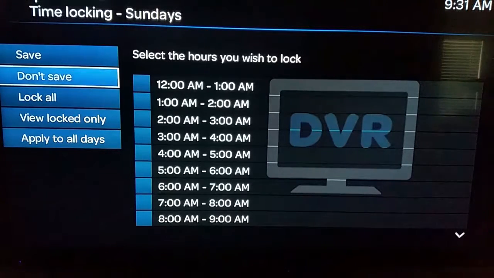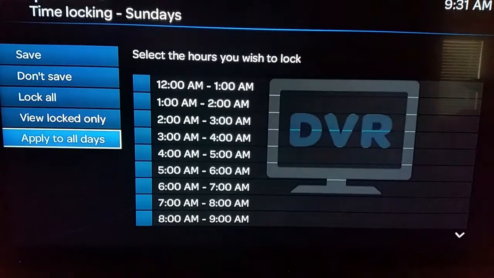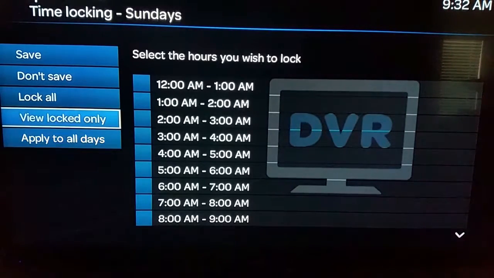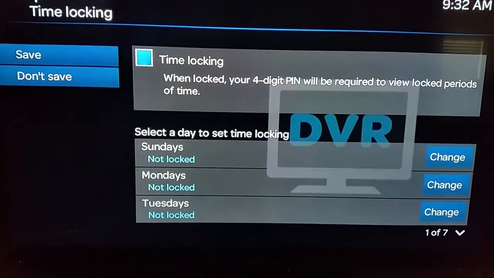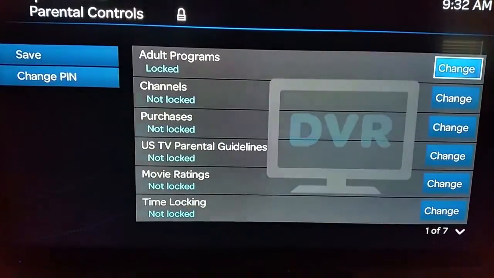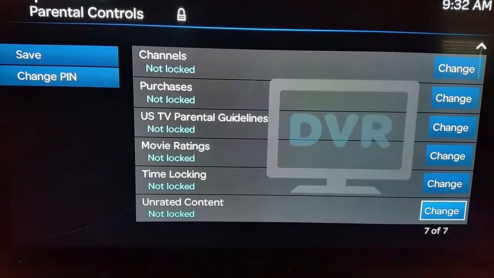You can apply it across every day. So maybe you just know, hey, at 11 o'clock every night, we don't watch TV as a family. So you can apply that to all days of the week and go from there. Some really cool parental controls in here. And then down here at the very bottom,